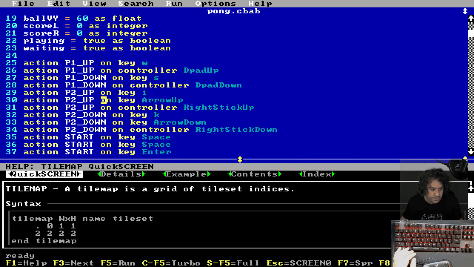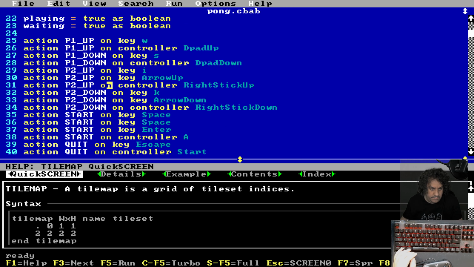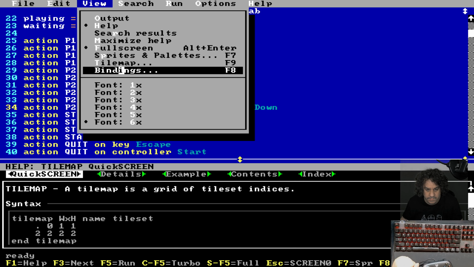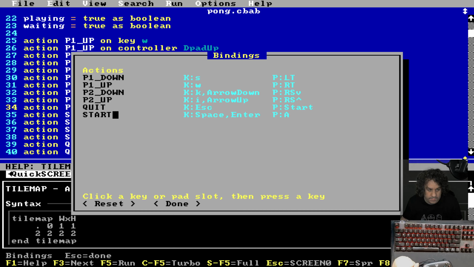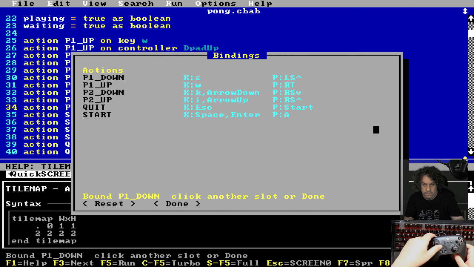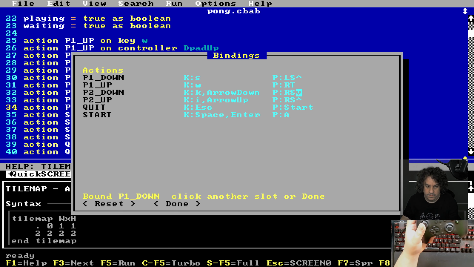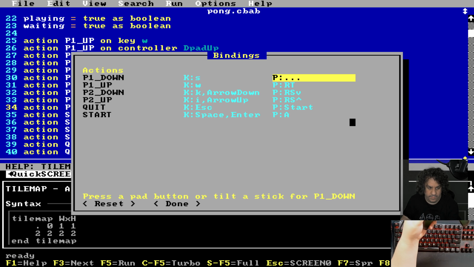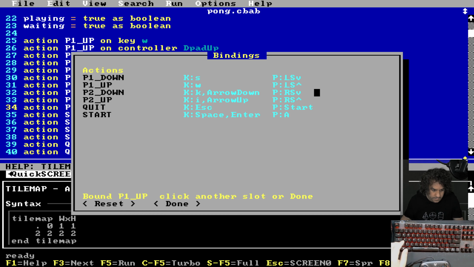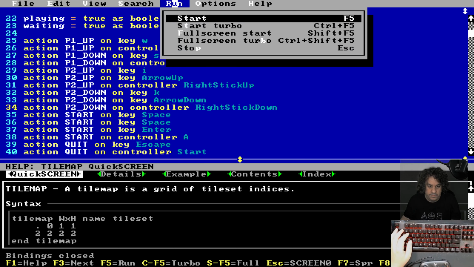For that, you see here we have actions declared, and it says action. I could type something, I could just use the keyboard, but I'm lazy, so I can go to view bindings, and it will list the actions. Player 1 up, I click, and I just do this, and player down, I do this, player up, I do this, and done. And now if I run it,